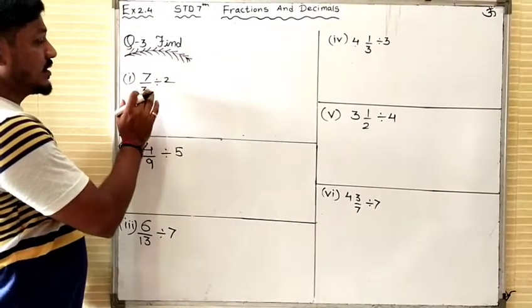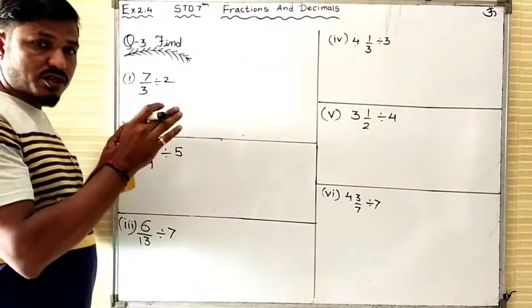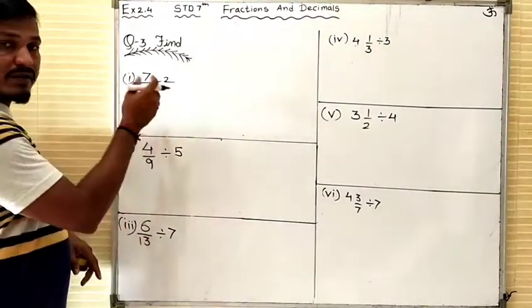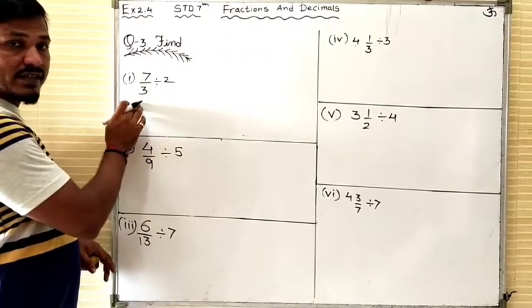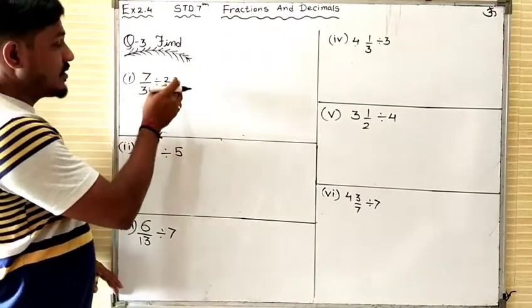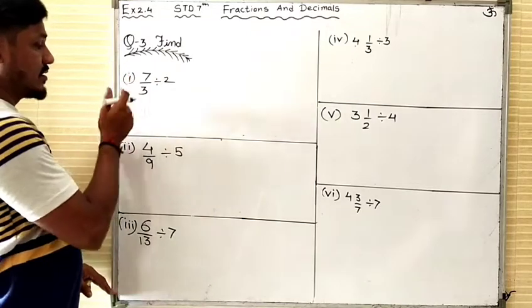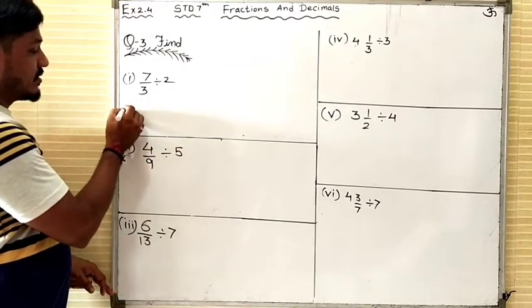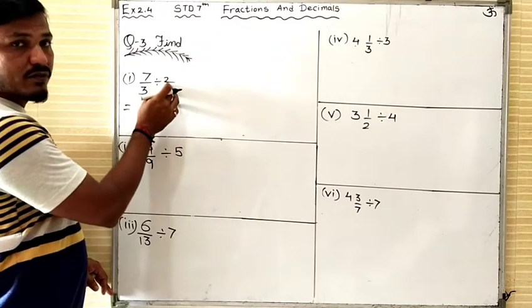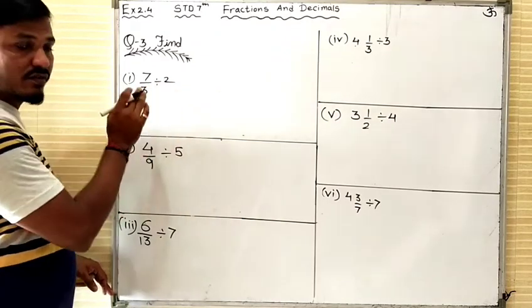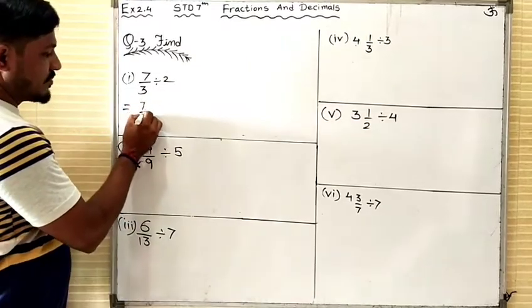Question number 3. It is similar to question number 1. Previously that whole number was on the left of this sign, and now the fraction is on your left and the whole number on your right of this division sign. It is very simple, same method. While converting this division to multiply, we know that we have to reciprocal whatever the value is toward the right of the division sign. 9, 7 by 3.